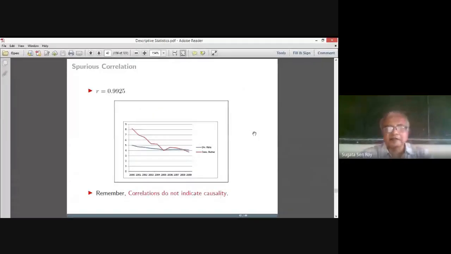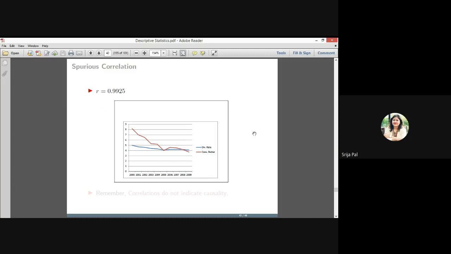Firstly, it doesn't indicate causality, but more, the reason is that if you look at this graph here, you see that both are decreasing with time. So there is a third variable, time, with which both of them are related. Okay. So as time increases, both decrease. And since both decrease with time,